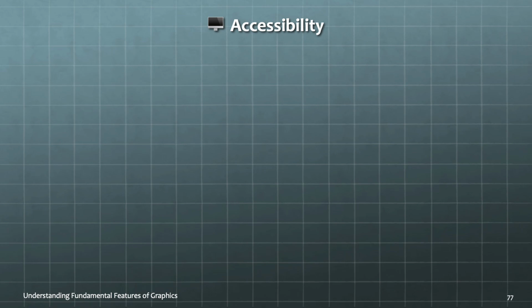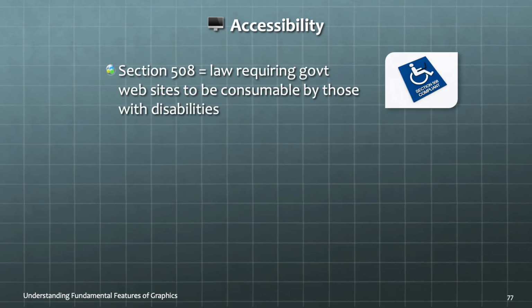Accessibility is a vast topic that I'm only going to treat briefly here. It's particularly relevant to those producing websites for the federal government, but accessibility is a best practice for all graphic artists, no matter who their client is, since users with disabilities could be a significant part of your audience. Accessibility means the ability for those with disabilities, particularly sight impairment, to be able to navigate and consume the information